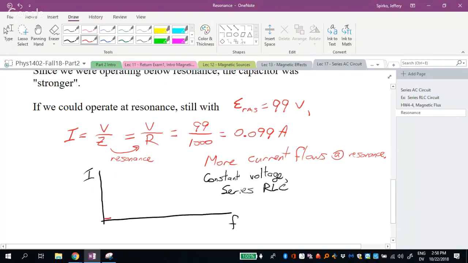What it looks like is almost zero, and then there's kind of a hump, and then it's almost zero again. And this point right here, this is the resonant frequency. And depending on the relative strengths of the resistor and the inductor and the capacitor, that hump can be a really wide hump or it can be a really narrow hump. Well, what's always true is at this point here,